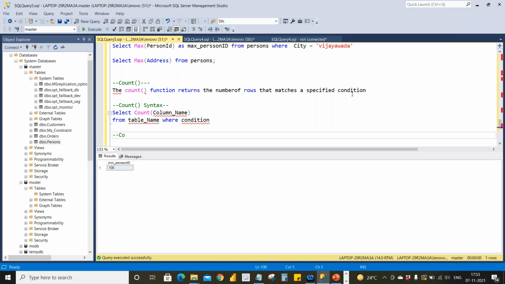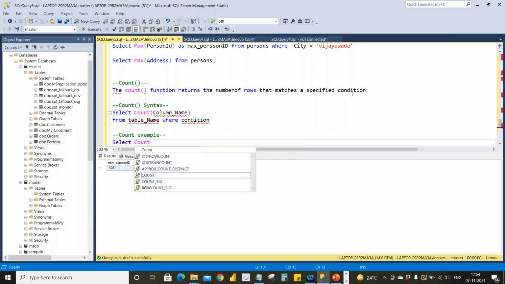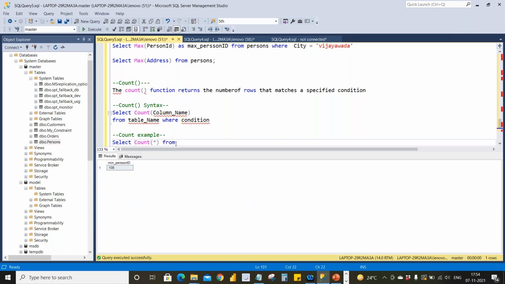So I will give an example. Select count of, I'll give star, okay? From persons table. I feel there are 15 rows, let's see.